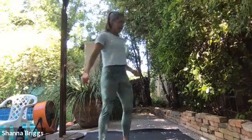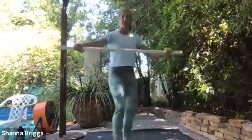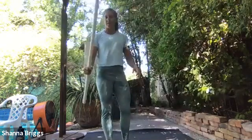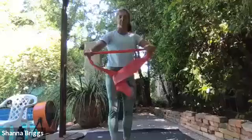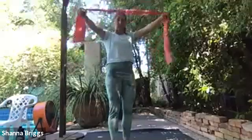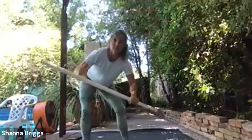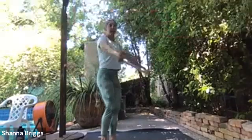All right, fantastic. I know that some of you weren't on the email that are jumping in today, but if you do have a PVC or a stick around, or if you don't have that, if you have a strap or something, we're just gonna use this to open the upper body a little bit. You can hold this as if it's a bar. Broomsticks work really well. Not a big deal here, but if you have something in your hand you can hold,